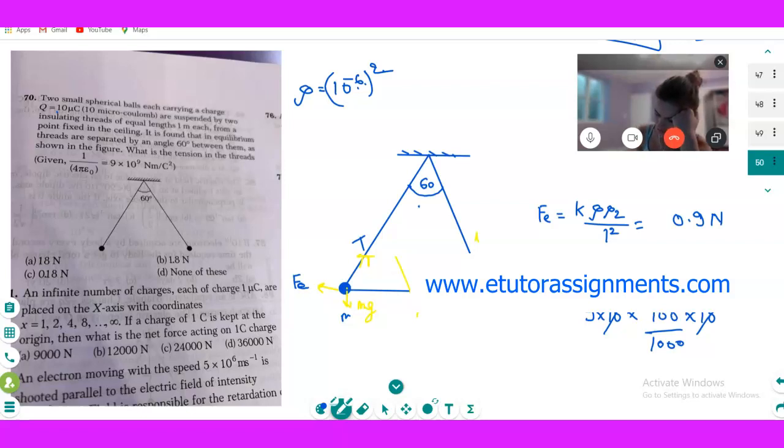Okay, so it's going to be T is equal to Fe divided by cos 60. So 0.9 on 1 by 2, so it's 1.8. Good. Fe is equal to, you have done very rightly. T cos 60 is equal to, earlier what you have done? Sine. If you take this 60 degree, just this direction did 60, wrong. This direction sine. Is it clear? Good.